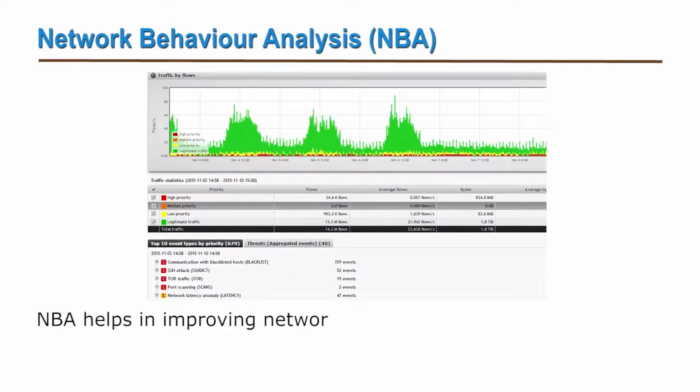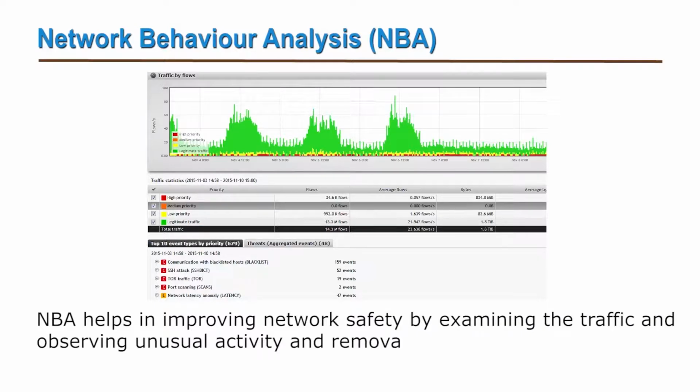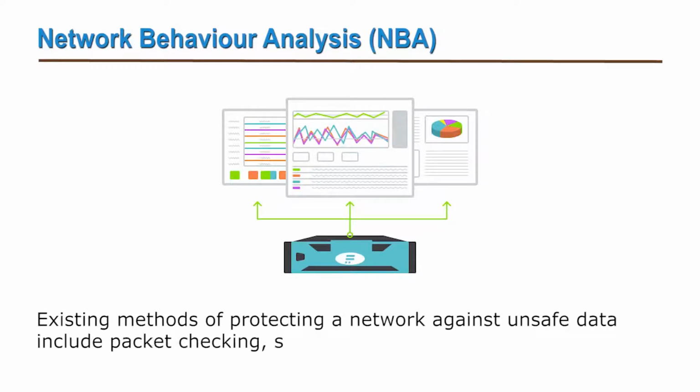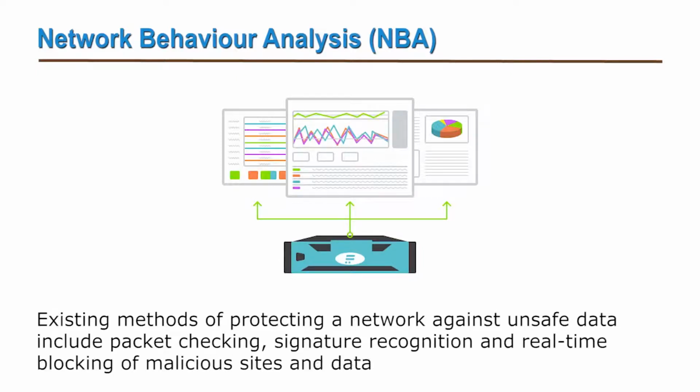NBA helps in improving the network safety by examining the traffic and observing unusual activity and the removal of a network operation. Existing methods of protecting a network against unsafe data include packet checking, signature recognition, and real-time blocking of